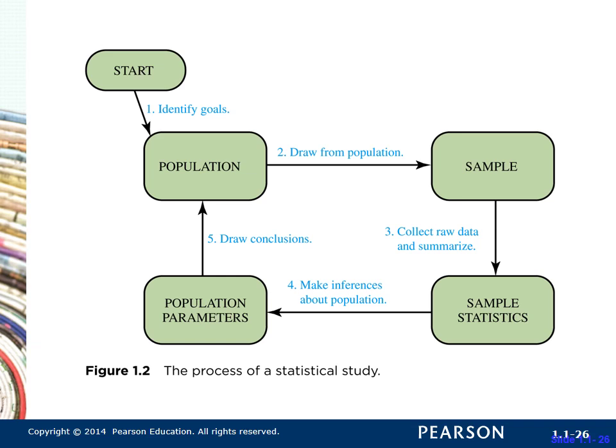So remember, your population can be as varied as the weight of potatoes at McDonald's to children ill with leukemia. So very specifically state the population. Then go draw a sample from just that population, collect your data and summarize it. That'll give you your statistics. Then you can make some inferences about the population,